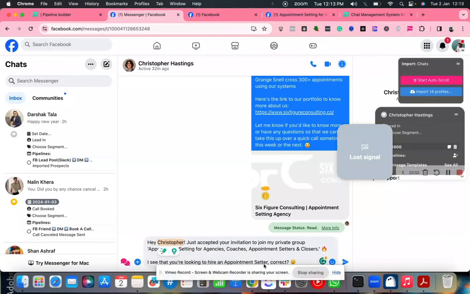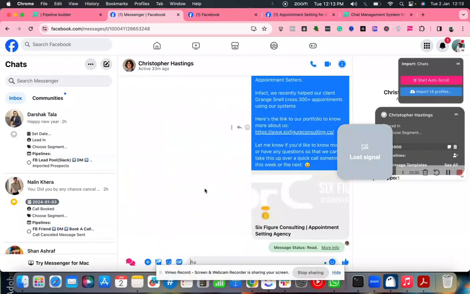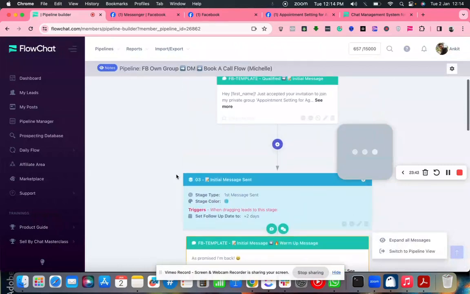So this is how powerful it can be, especially if you are giving your whole outreach to an appointment setter, the way we do for our clients. And this is how we can really help all our clients scale to the next level using this level of automation, this level of efficiency, and systems. So this is how I will send this message to a new member who joins my group. Obviously, since we have sent this to this lead, we will not do that, but I hope you get the point. So this is how I am planning to use Flowchat for me and my clients,